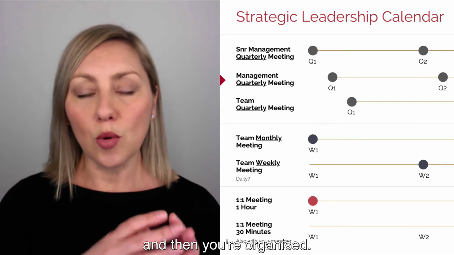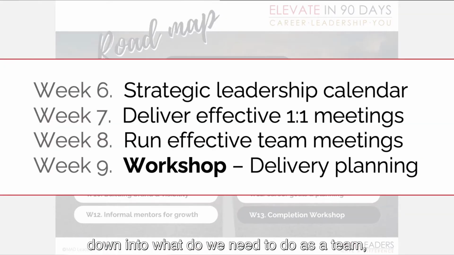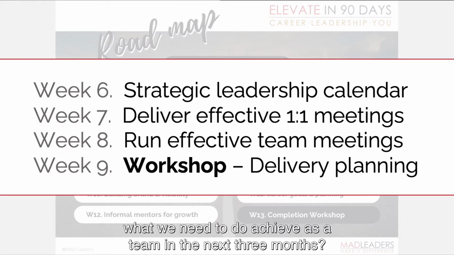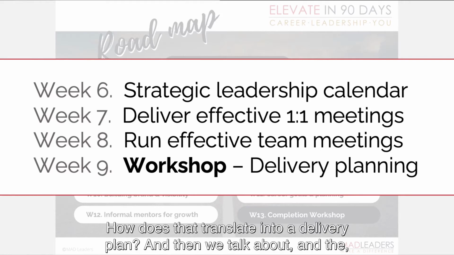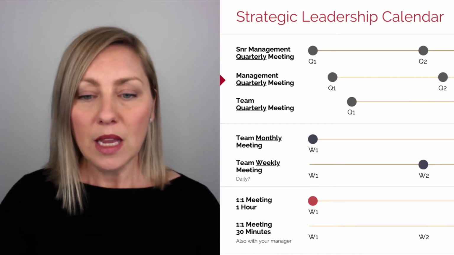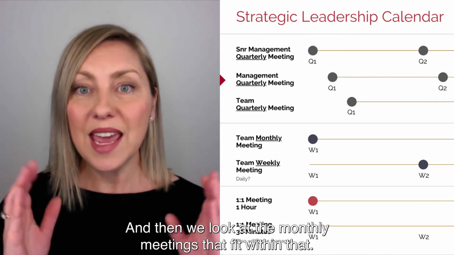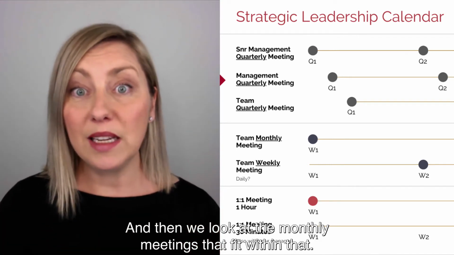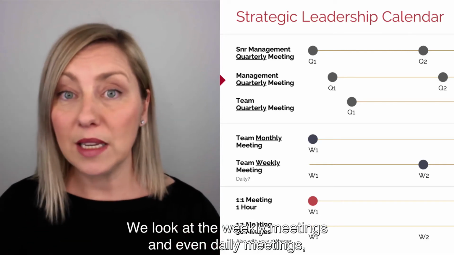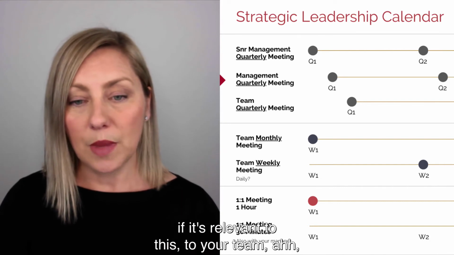And then you're organized. You can look ahead from that quarterly view to the next 12 months and bring it down into, what do we need to do as a team? What do we need to achieve as a team in the next 3 months? How does that translate into a delivery plan? And then we talk about when will that be delivered, and who will be delivering that. So that's the high level quarterly strategic view of a calendar. And then we look at the monthly meetings that fit within that. We look at the weekly meetings and even daily meetings if it's relevant to your team and to the leader